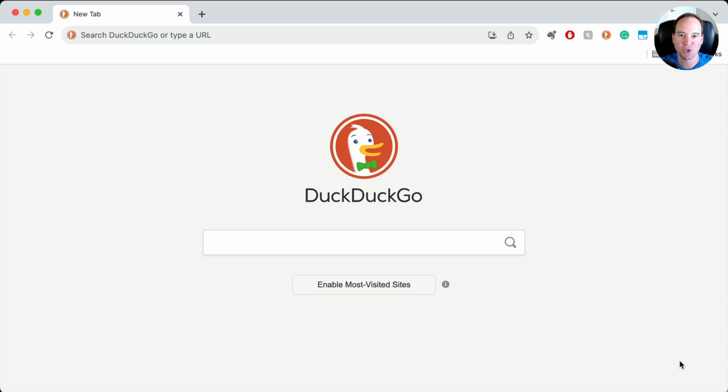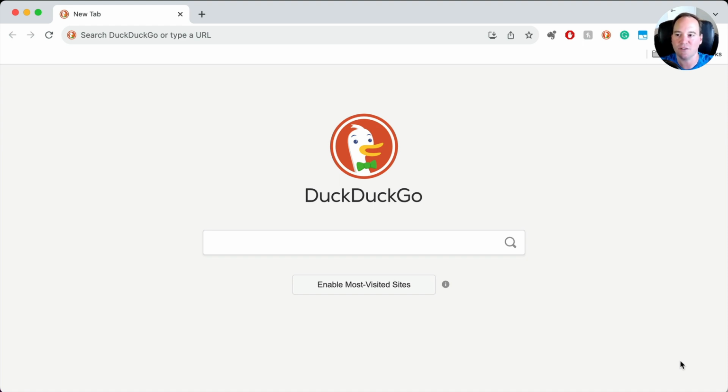Today I want to show you a trick in Chrome that has changed the way I work. I found that not a lot of people are aware of this functionality, and I cannot imagine working without it anymore. What I'm talking about is the site search feature inside Chrome or any Chrome derivative like Brave, which allows you to use the Chrome URL bar as essentially a search field for any site that